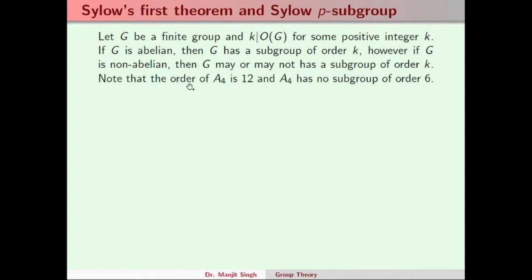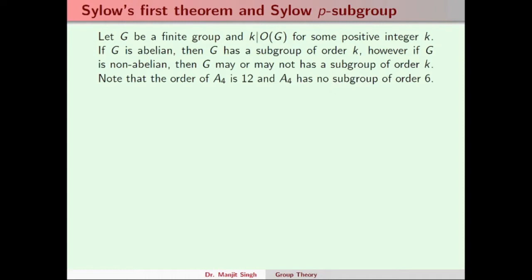One can note that the order of A4, the alternating group of degree 4, is 12 and 6 divides 12. However, A4 has no subgroup of order 6. So this example is a counterexample of the Lagrange theorem, which states that